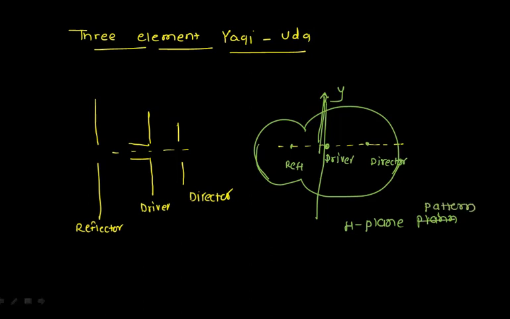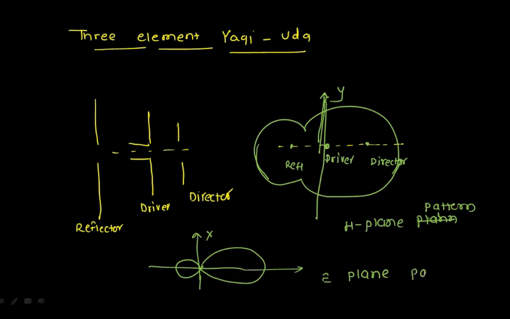So if I see what my E-plane pattern is, along the X direction, my radiation pattern in this case will be like this. So I'm getting the maximum direction and the minimum direction in a back lobe kind of thing. So this is the E-plane pattern, and this is the enhancement in the directivity which I have observed.